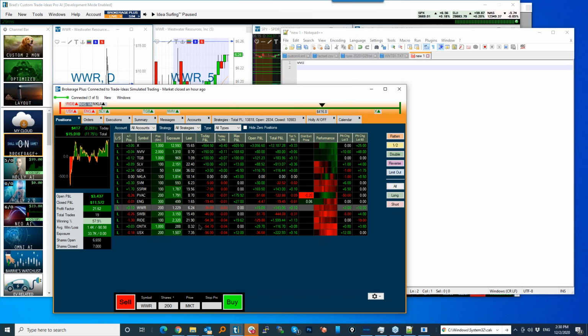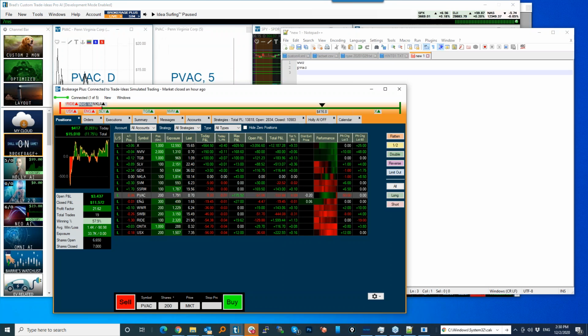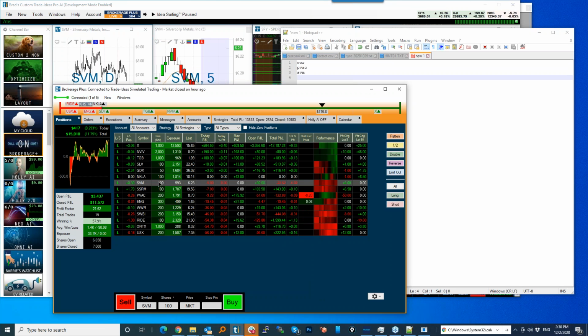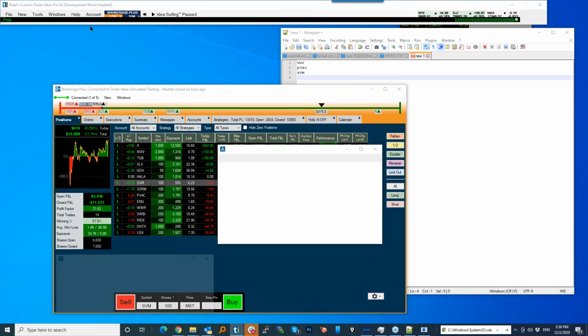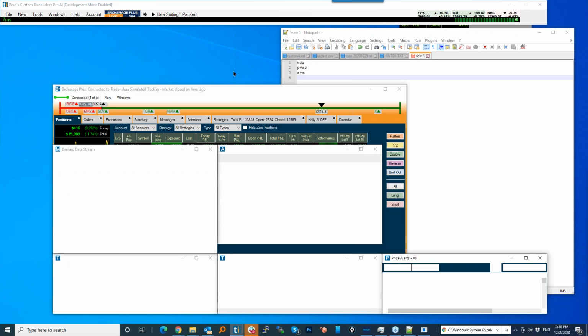the order entry panel, the level 2 window. Maybe you've got a news widget in there. So that's all you do. And so very, very quickly, even if I'm not integrated through Brokerage Plus, when I see something in one of the alert windows, and this happens to be my custom window right here,